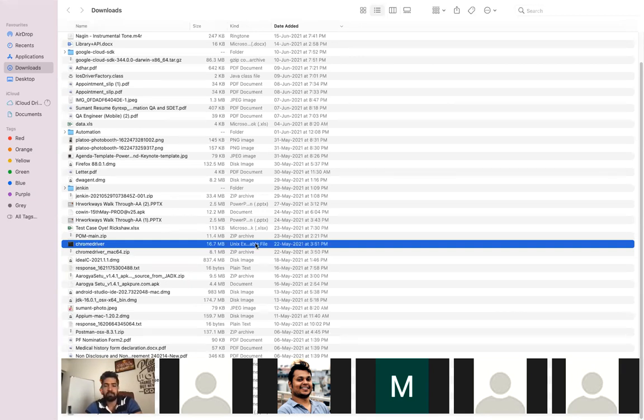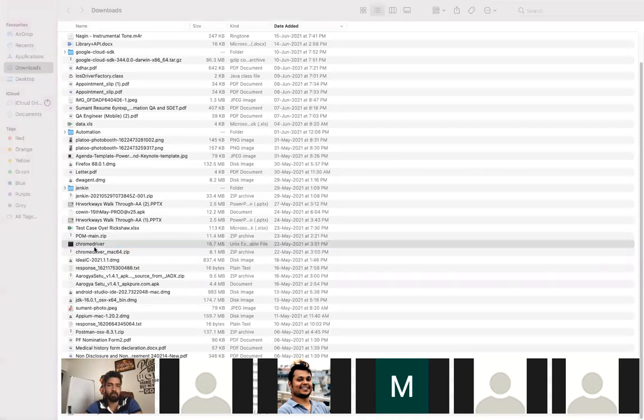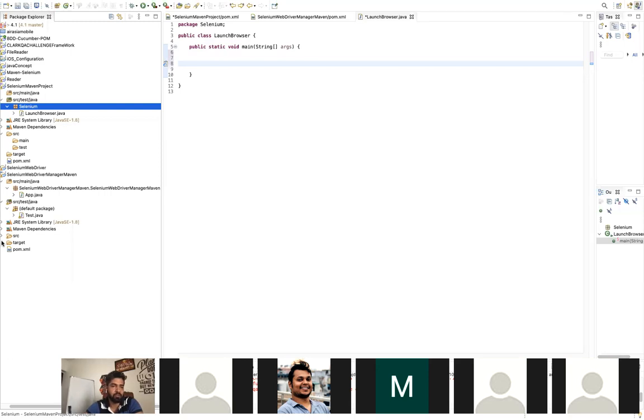So what is the next step? Either you can keep your driver here, or you can move it into some specific folder. What I always used to do is bring that driver into my Eclipse folder itself.